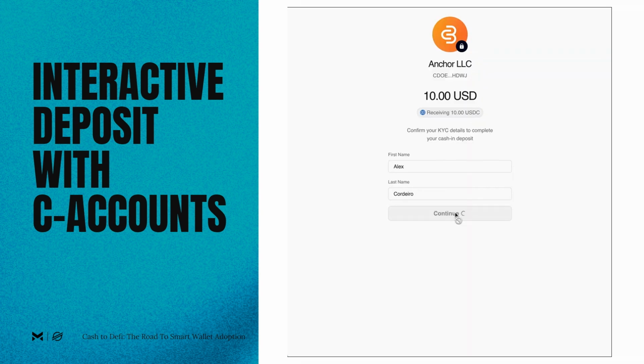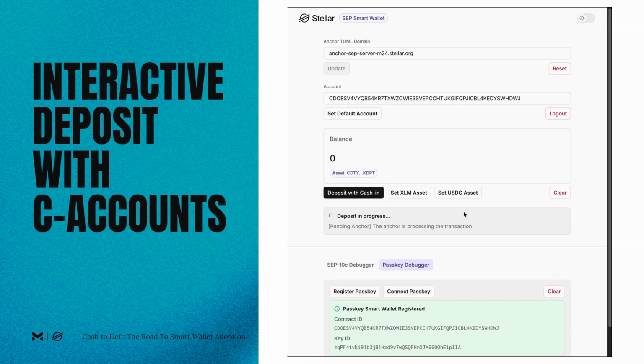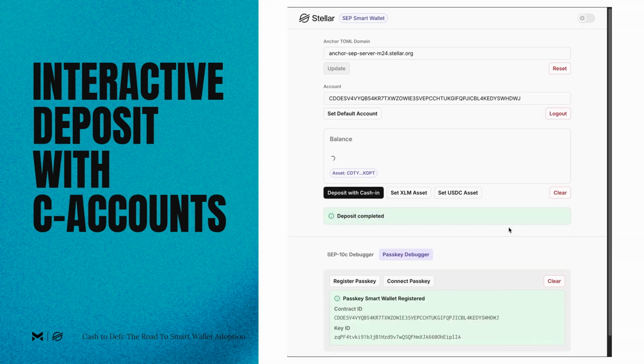So this requires me to send an offline transaction and get tokens in exchange. This informs me that the bank transfer succeeded, and you can see the deposit in progress, which is all the back and forth between the anchor and the wallet to confirm that everything is going through, until the point that the transaction is actually being processed by the network. Like SEP24 happens for G accounts, but for C accounts. And you can see now that the balance is there.